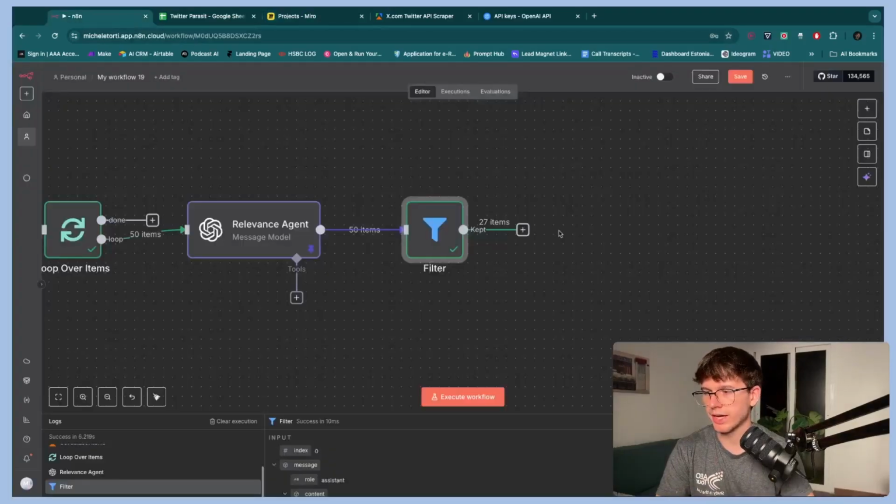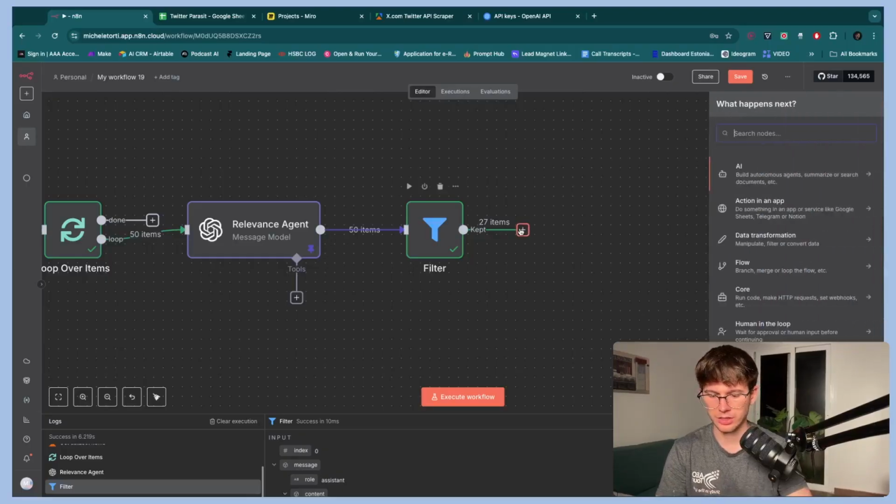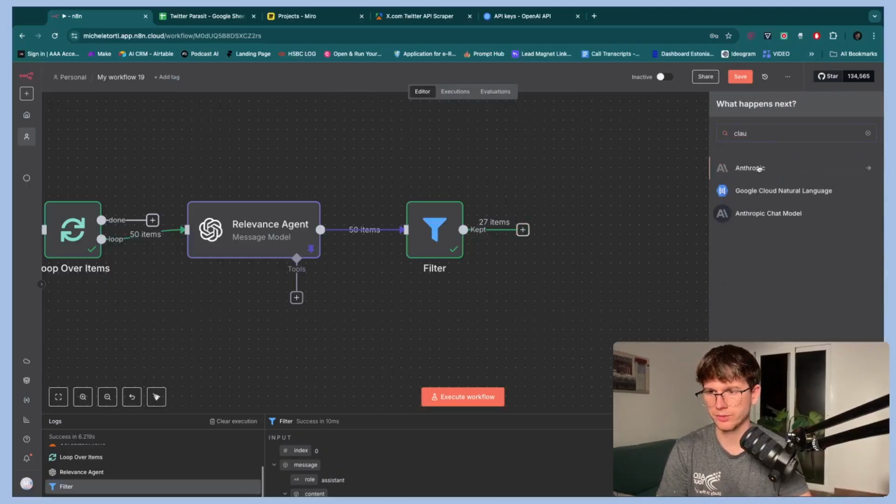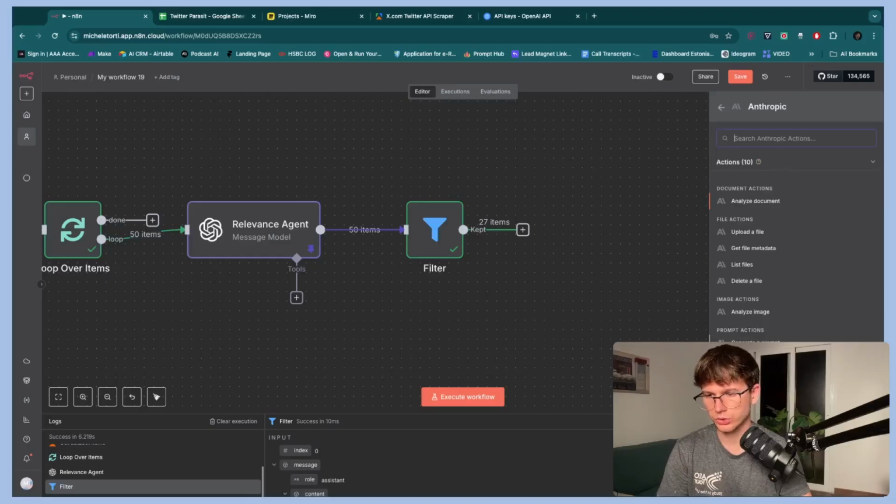Okay, we're still going to use an AI, but in this case, we're not using OpenAI, we're using Claude. Now, the reason why we're using Claude is because Claude is extensively better at writing content. Okay, so if I go here and I write Claude, Anthropic, I can go to generate a prompt,